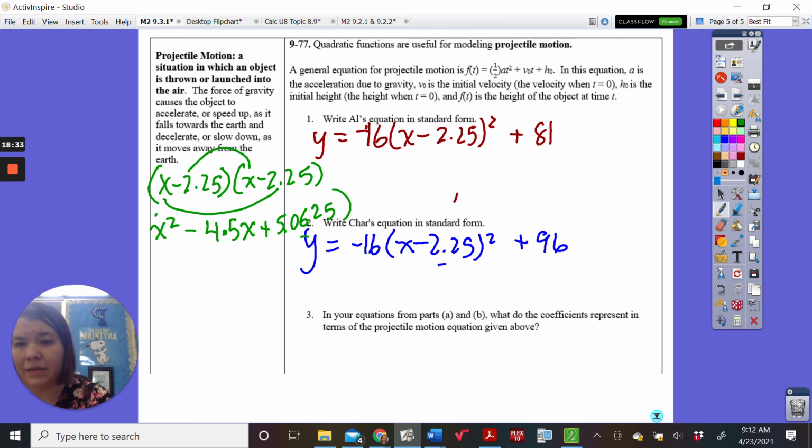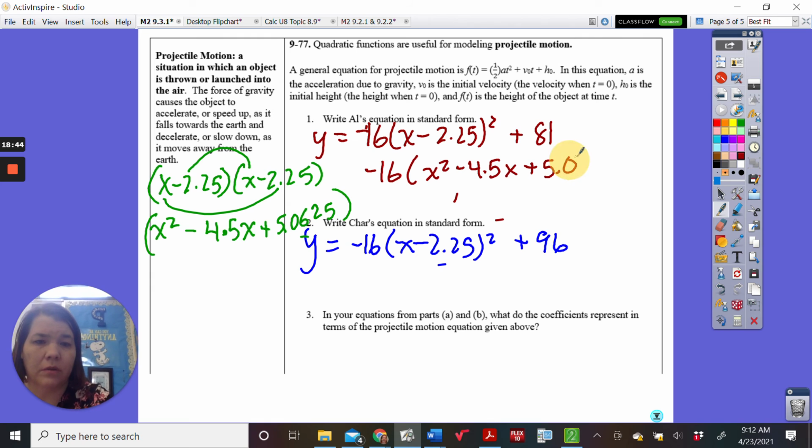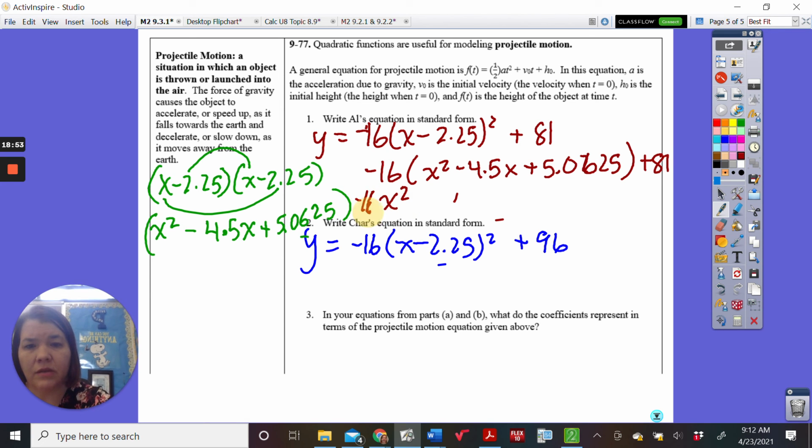Okay, so that's this stuff squared. So I'm going to have negative 16 times that expression. Then we need to distribute. So we got negative 16x squared